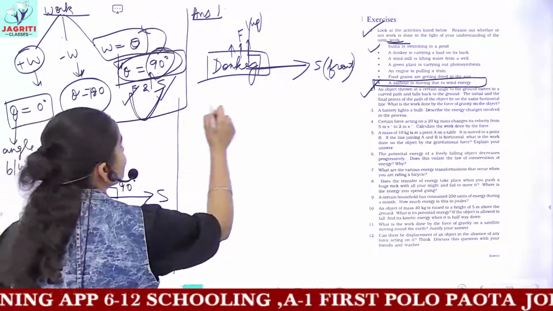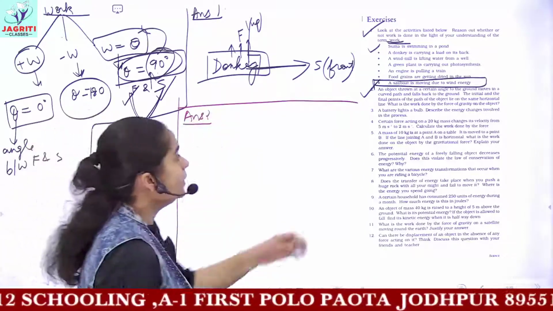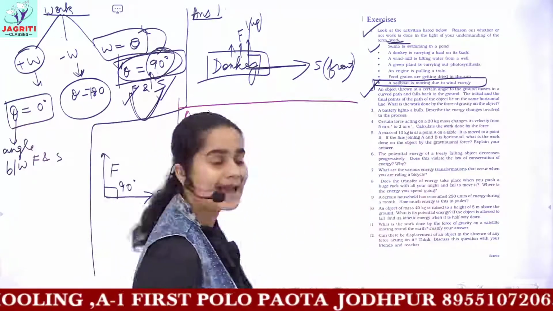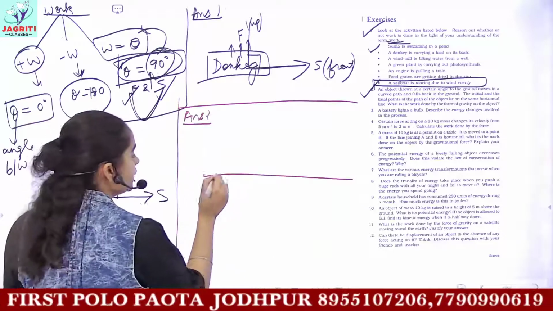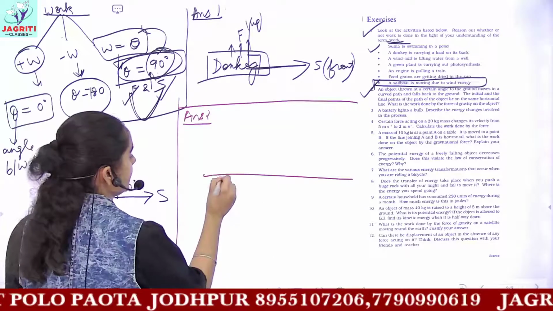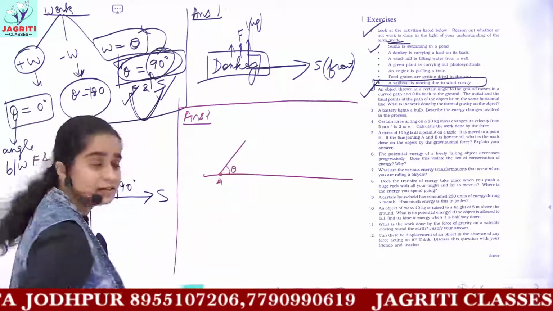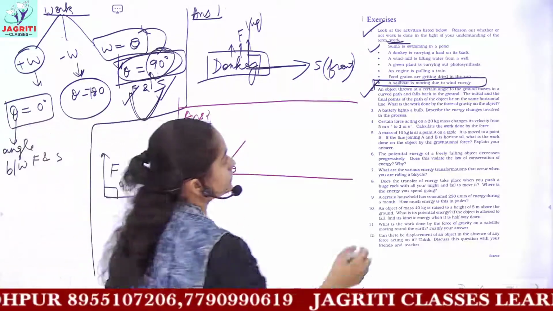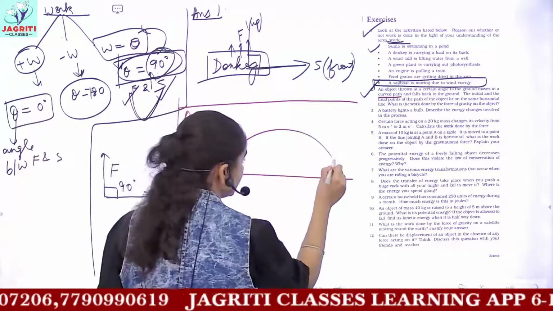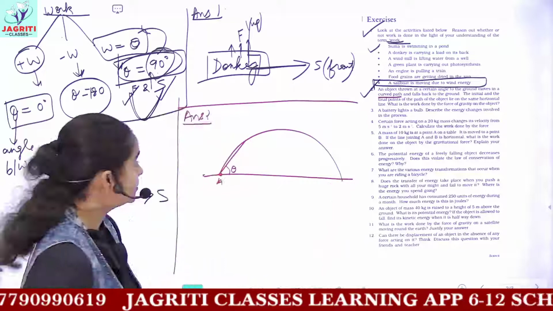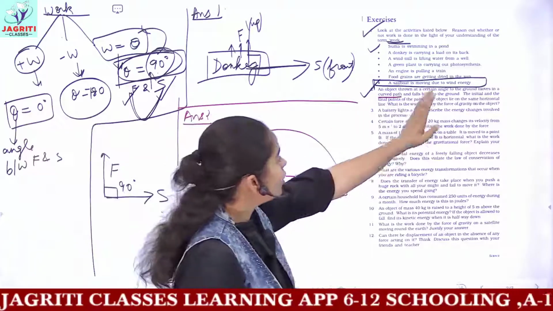So, for answer 2, you have that an object is thrown at a certain angle from the ground. Let's suppose this is the ground. Now we are throwing the object from the point A and the object is making some angle. The angle here would be theta. And then the object is going in a curved path. In this manner the object is going and then again it comes to the ground, suppose at point B, and falls back to the ground.